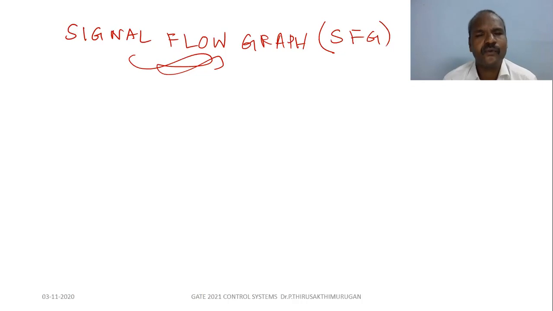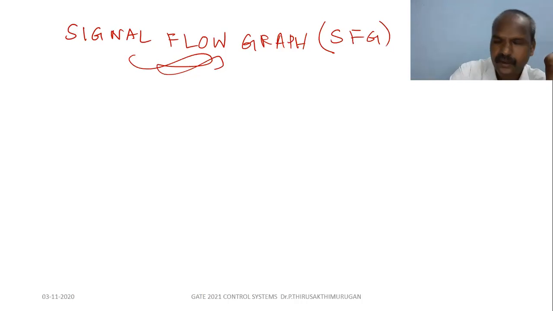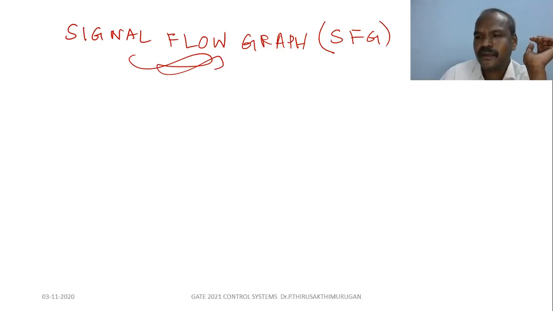So a signal flow graph is a graphical representation of the relationship between the variables of a set of linear algebraic equations. Clear? A set of linear algebraic equations. Next, the rules for drawing a signal flow graph from a given block diagram. We can reduce the block diagram using signal flow graphs, by replacing the links with gain values. There are various things. So let's see how to reduce the signal flow graph.